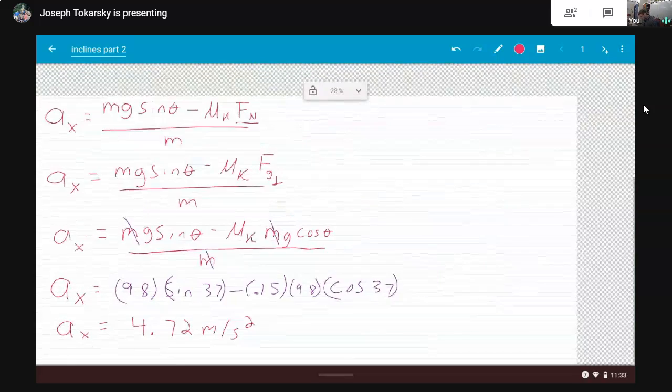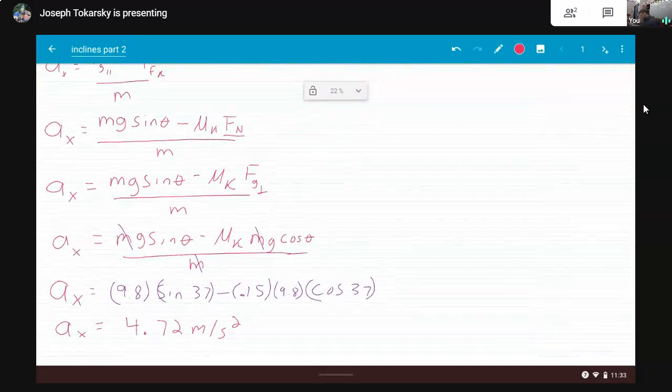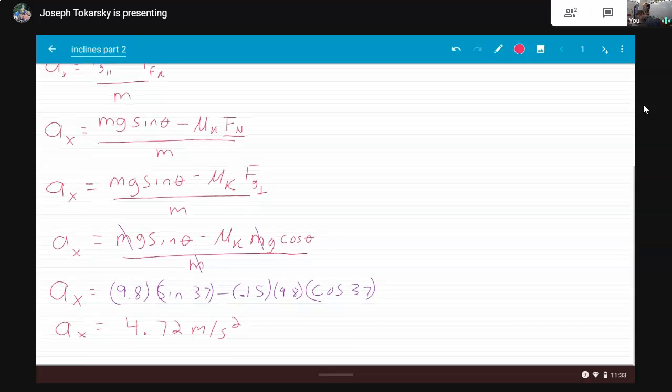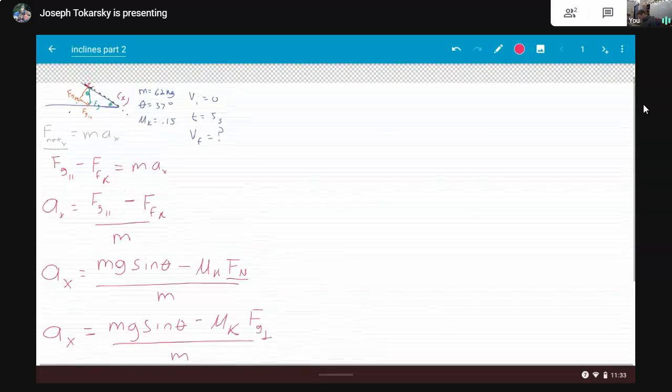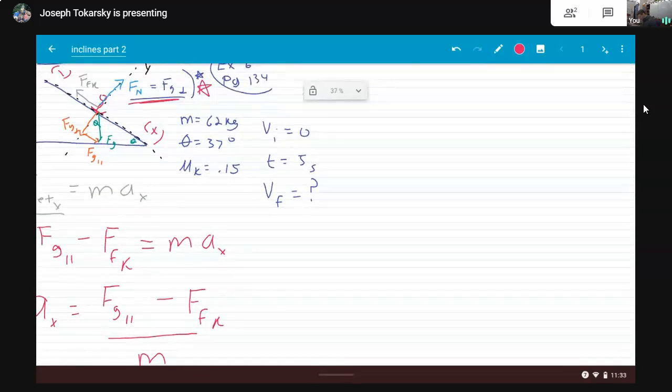That's how I did it up top. If you defined your direction differently, then you would have gotten negative 4.72 meters per second squared down the incline. But I made down positive because that's the direction I was traveling in. Just the way I like to do it. Remember, that's not my final answer. My goal was to find